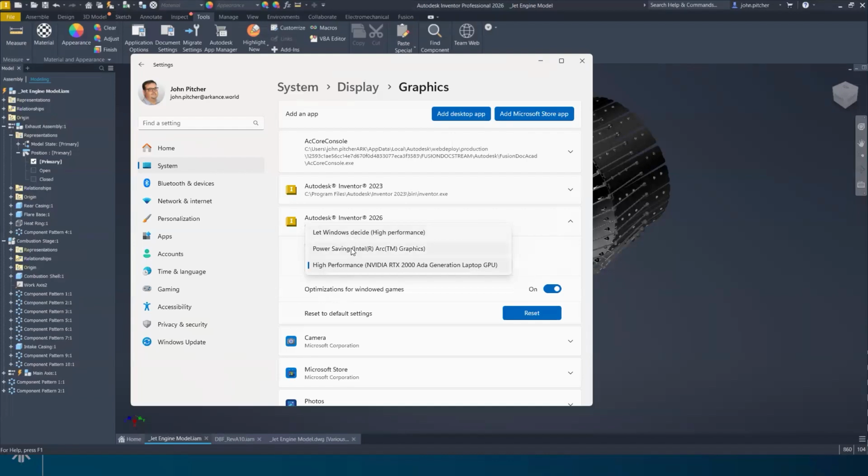And what that does, by default, it will use the onboard graphics card, which is a lot lower power, until such time as it needs the high performance graphics card. Obviously, they're trying to optimize how much life you get out of your battery. But in that millisecond of switching, you can actually get some problems in Inventor, as in Inventor may be a